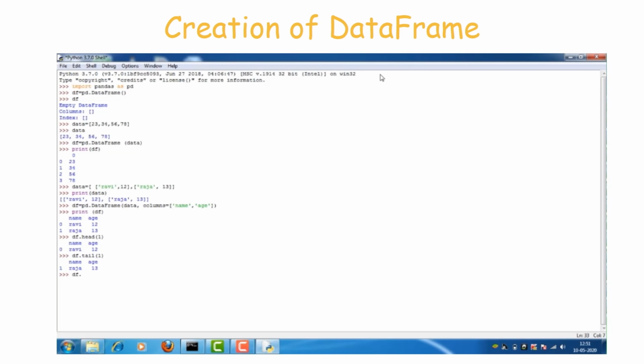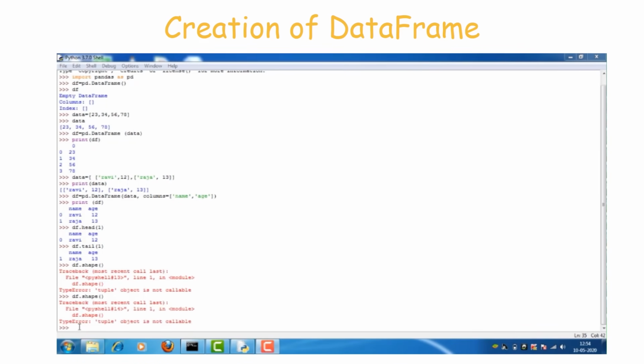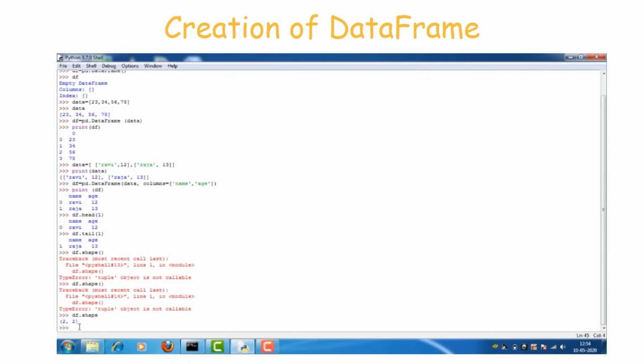df dot shape. This built-in attribute is used to get the number of rows and number of columns in the data frame.